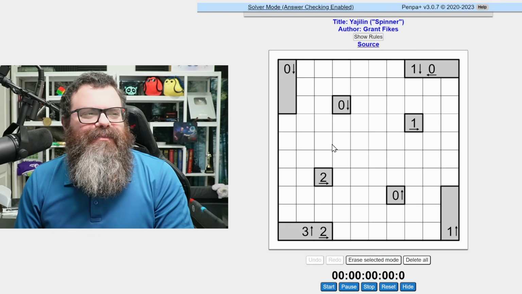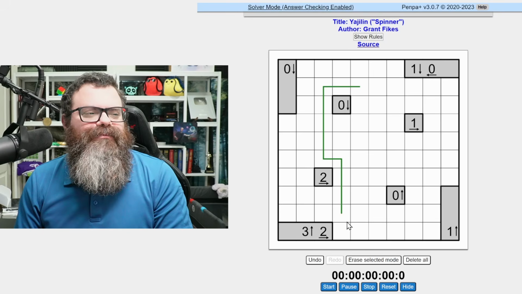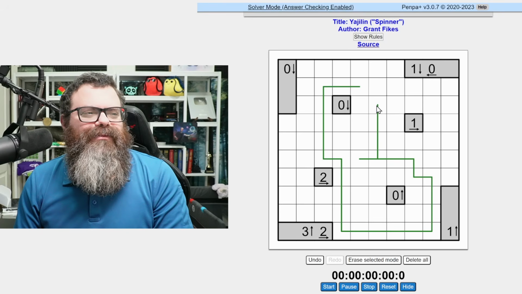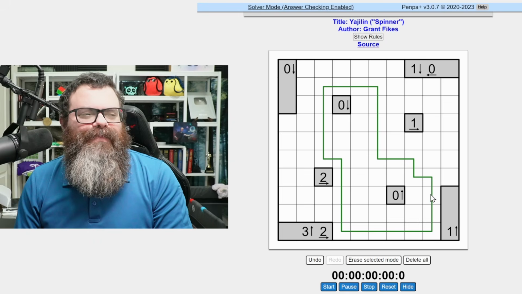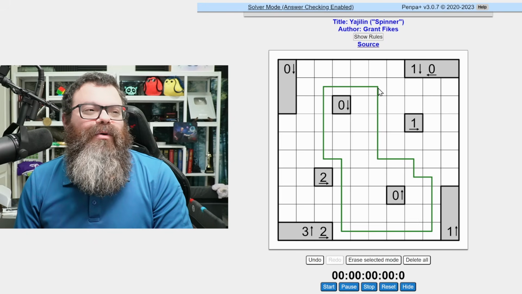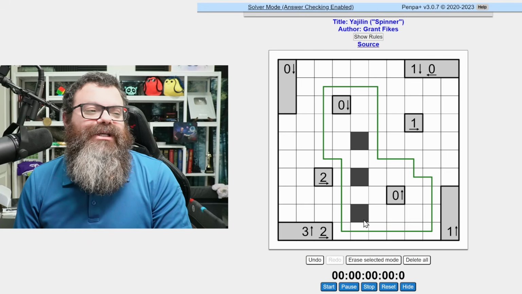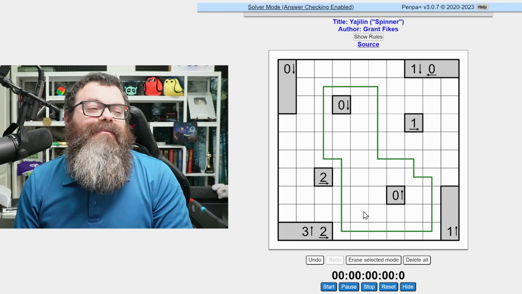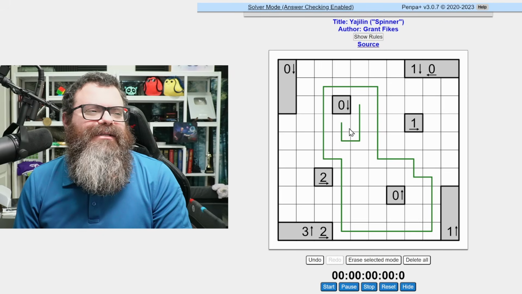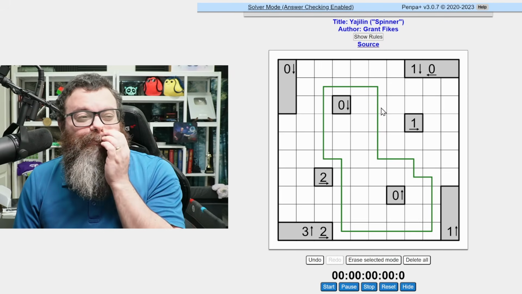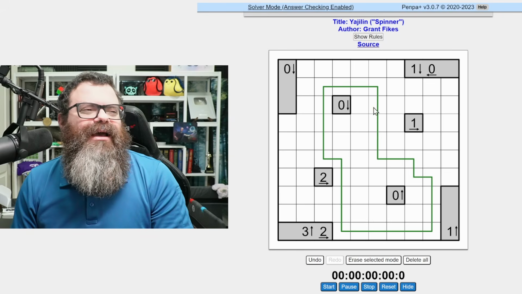So the basic concept is we're going to be drawing a loop in the grid. Now, loops obviously don't have a start or an end. They only can be in white cells, so they can't visit gray cells and they can't visit shaded cells. We are going to be shading some cells, but they must visit every white cell. And so any cell that isn't visited by the loop would have to be shaded. We're going to go over the rules for shading in a second, but I want to talk about the loops,